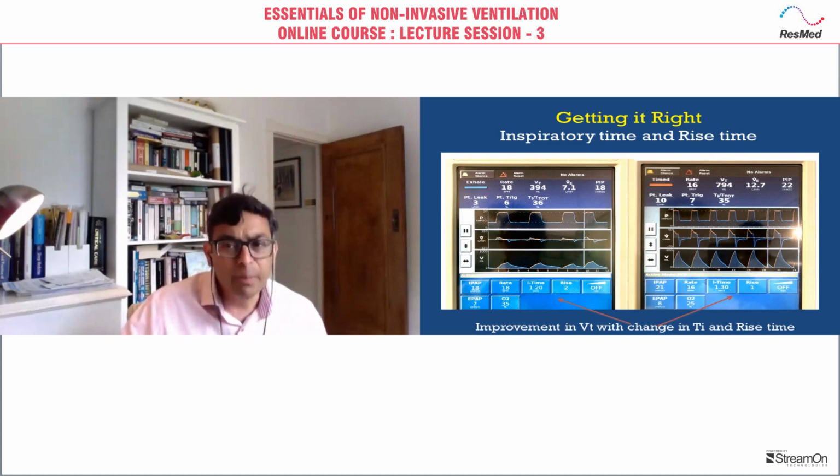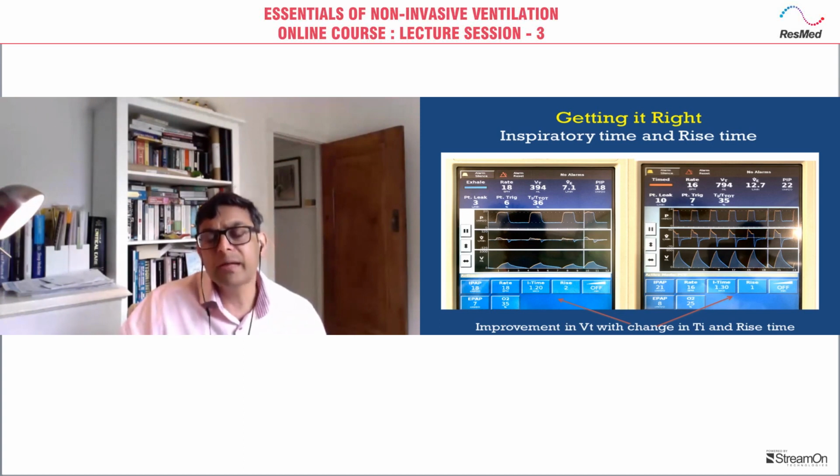We have almost doubled his minute ventilation, and again you can see really nice coordinated synchronized breathing. Now the only thing that I want to highlight here, slightly more technical, but I would still do, is when you look at the flow pattern, this is inspiration and then it cycles into exhalation mode. You can see it coming nicely, but this blue line doesn't quite go all the way back to baseline.